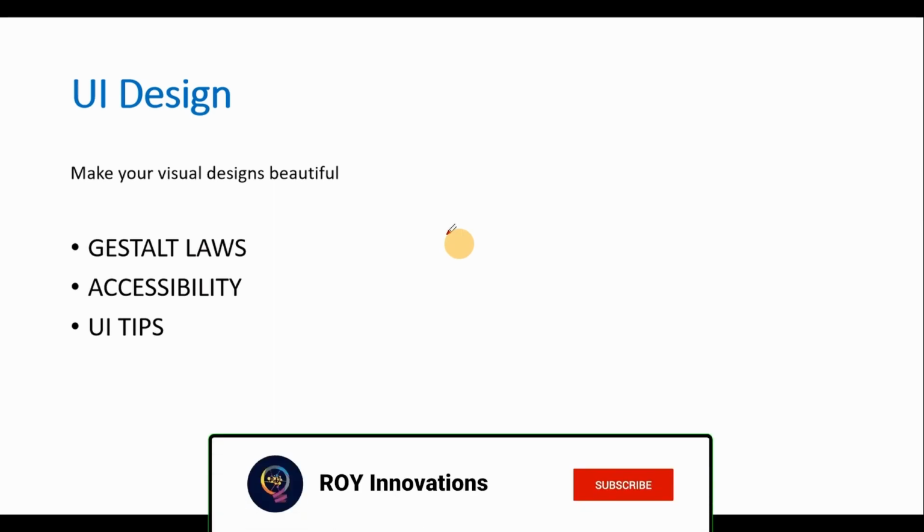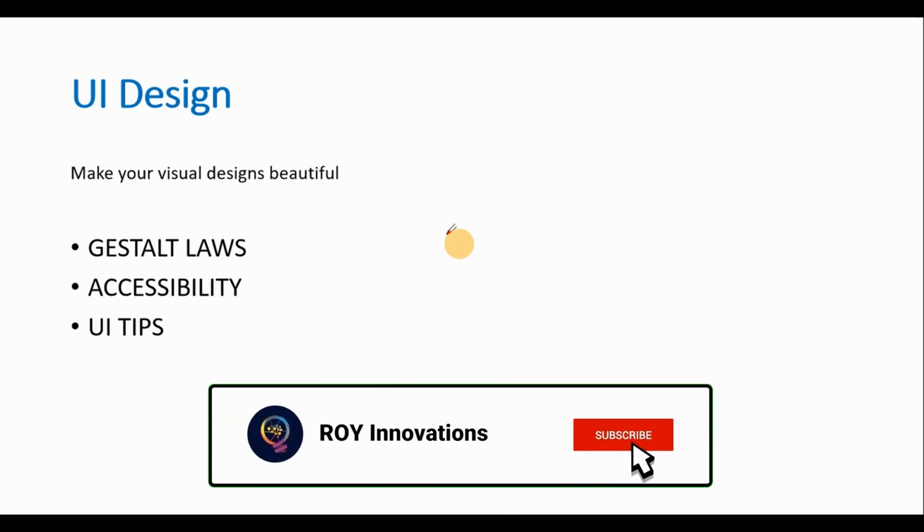So basically, UI design makes your visual design beautiful. When you create a mobile app, you want it to be user-friendly and beautiful for them to want more, to see more. Visual representation is key to this. So that's what we'll be covering, these three topics under UI design, and I'll be starting with Gestalt